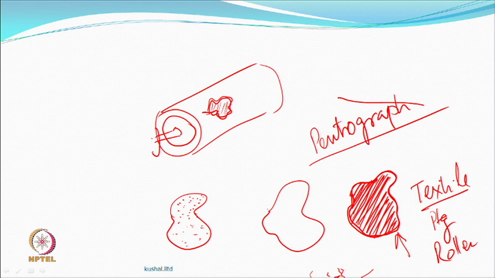In the case of paper, instead of lines, you are putting dots, and so the ink goes in the dots only, and then gets transferred as a dot. And if they are very close, you do not see the dots, but if you go very close with a microscope, then you can see the dots also. So this is how they do what we call gravura, so there are engravings.